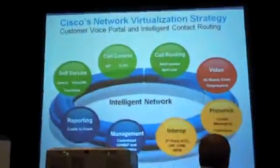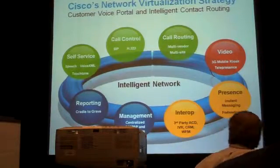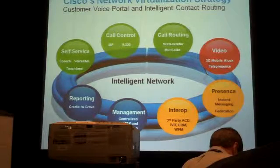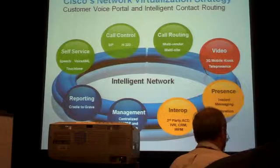So this is our strategy, looking at what we deliver to the market from our contact center perspective, revolving around Cisco being a leader in the network space, leveraging that network platform, and delivering services that all revolve around that network, be it self-service and call control. And of course, at the same time, we have